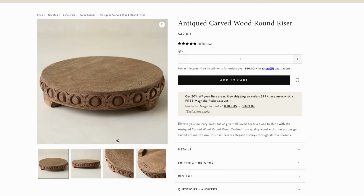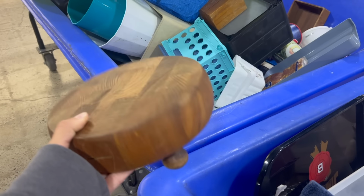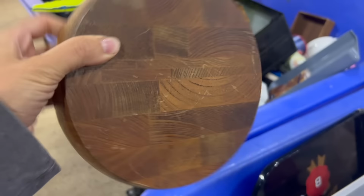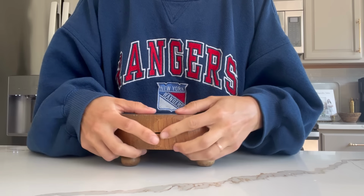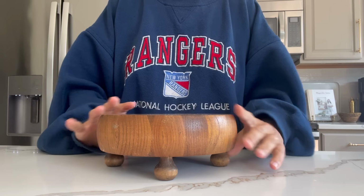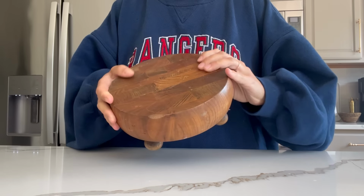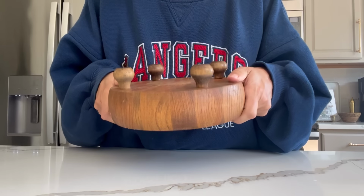However, sometimes at the thrift store, you can find really interesting and unique pieces that don't really need much besides a color change. So I found this wood riser, or so I thought, but now on second thought, I'm assuming this was some sort of a butcher block, maybe because there seems to be a slot that maybe a knife was there. The knife wasn't there when I picked it up from the bins,